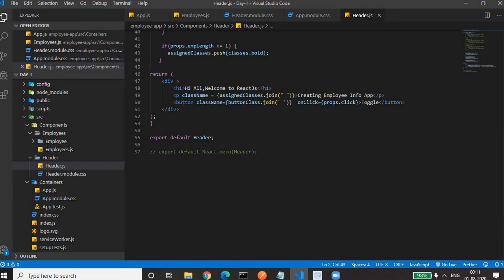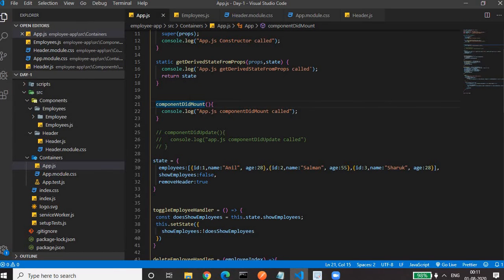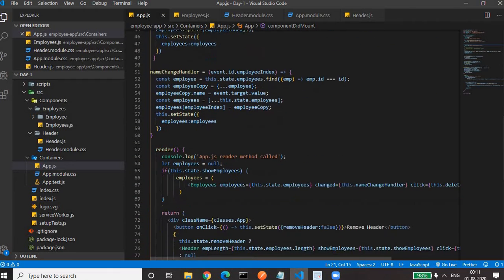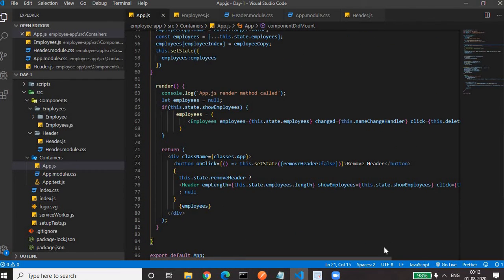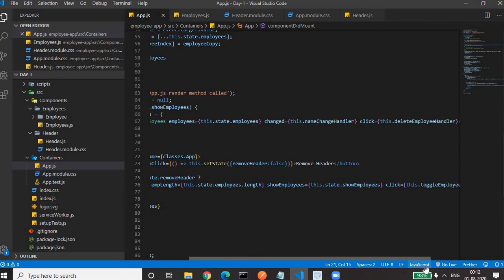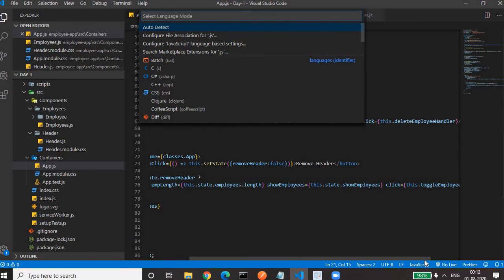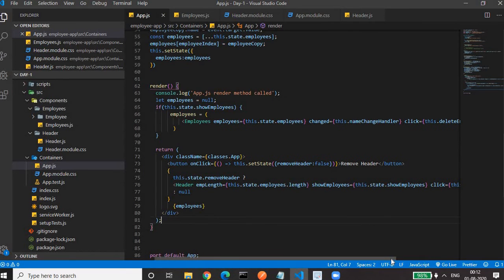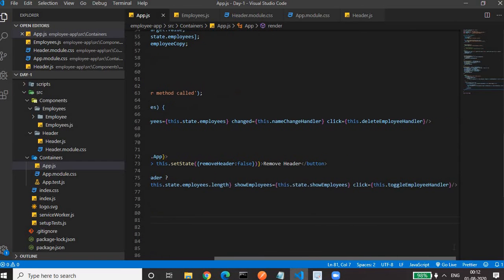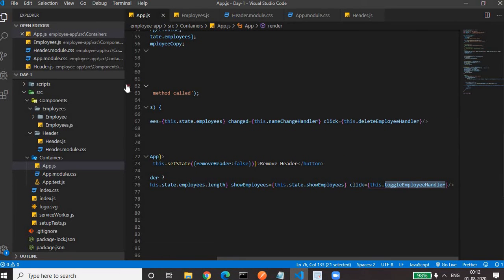On click of the toggle button, we are calling this click prop. In the click prop we are passing the toggle employee handler function.